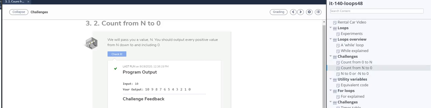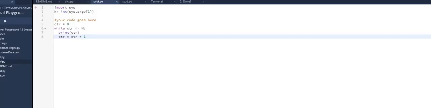Now let's go to 3.2. So this is pretty much the exact same thing, but you're starting from a value and then reducing to 0. So the input's going to be 7. Okay, so let's